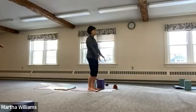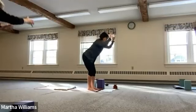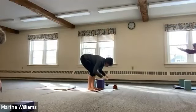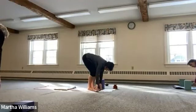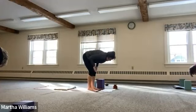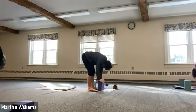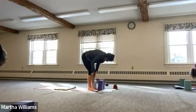Inhale, sweep the arms out in front and maybe above it if it works for your shoulders. And then as you bend your knees, rain it down. So wiggle those fingers, warming up the fingers, warming up the hands. Forward fold. And again, you decide where you're at with your forward fold. Maybe fingertips touch the ground, maybe hands are on thighs. And you're letting head be heavy. Or maybe you use your block. Wherever you are, we all come together with hands on thighs and